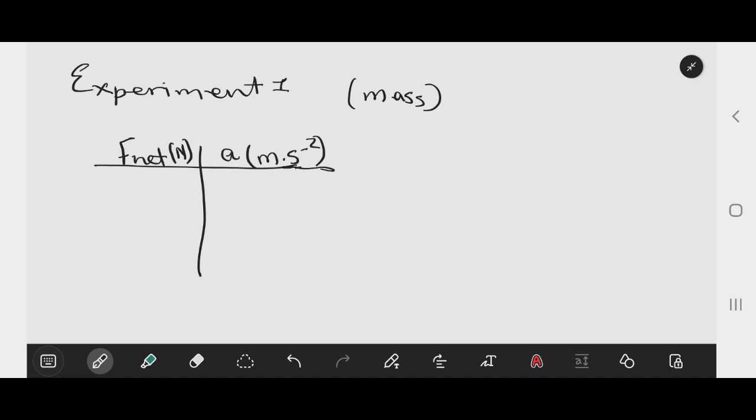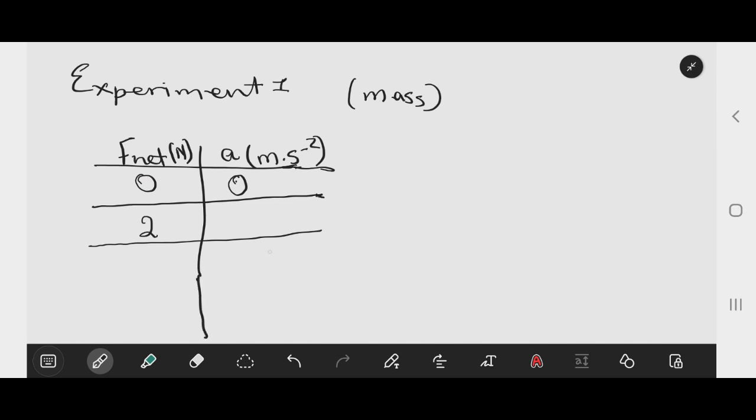Let's say we apply a net force. Let's start from 0. If there is no net force applied, then this implies that there is no acceleration of that object. So that object will remain at rest, or that object will continue to move with a constant velocity in a straight line if the net force is equal to 0. But if we apply a net force of 2 newtons, for example,